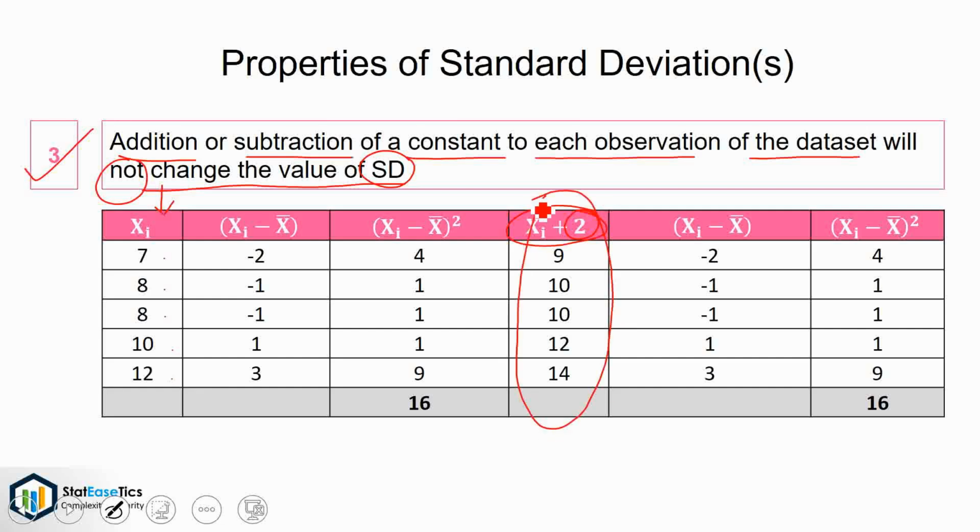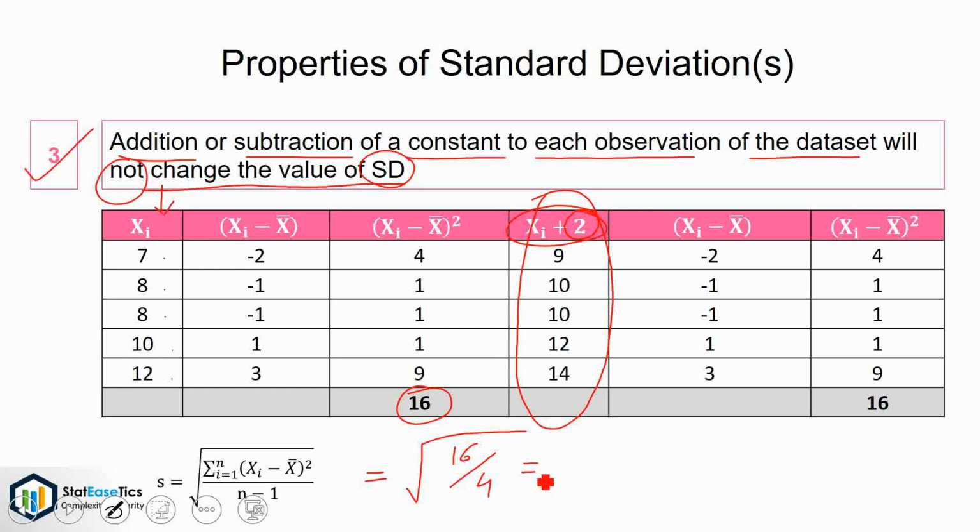Here the standard deviation of the original series is root of 16 by 4, that is 2, and the standard deviation for new series is equal to root of 16 by 4, which is 2,